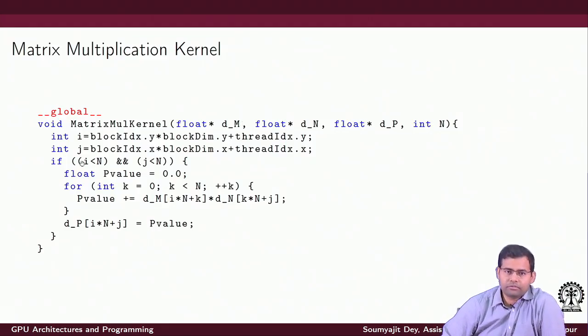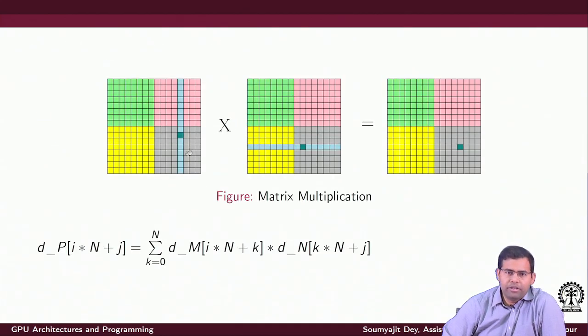And similarly, if I do a computation of this j, what do I really get here? I have a blockIdx.x value, and I am multiplying it with the corresponding block dimension, and adding it up with the threadIdx.x value, and this gives me a corresponding column position in the other matrix on the device memory, and that would be Dn. If we take this pictorial example, it gives me a more holistic view of the system.